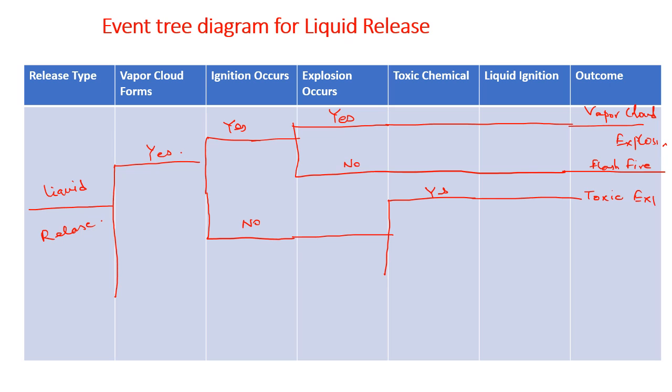So even though there is no ignition, if the gas is something like chlorine or hydrogen sulfide, then there is a chance of toxic exposure. Now if it is not toxic, not ignited, in that case it may again go through two different phases,